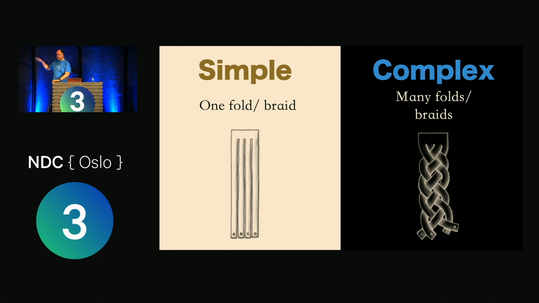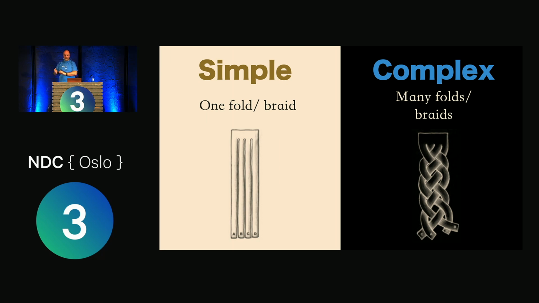Looking at the illustrations, if you look at the one on the left, the simple case, if you try to follow one of those strands from the bottom to the top, well, it's trivial. You don't even have to think about it. You know exactly where it ends up. But try doing that with the complex case on the right. Follow one of the strands. You've got to carefully follow it all the way up. And there's only 4 strands there. Complexity makes us lose track of things very, very quickly. And yet our code tends to be full of it.